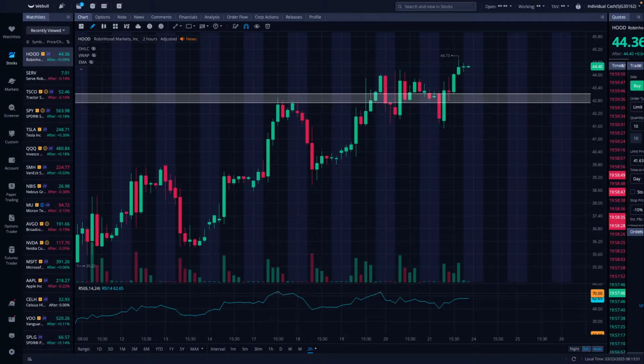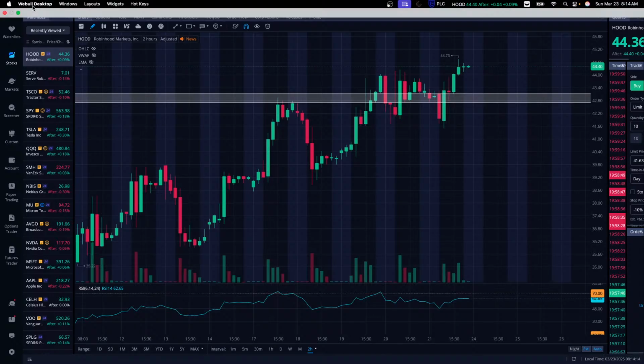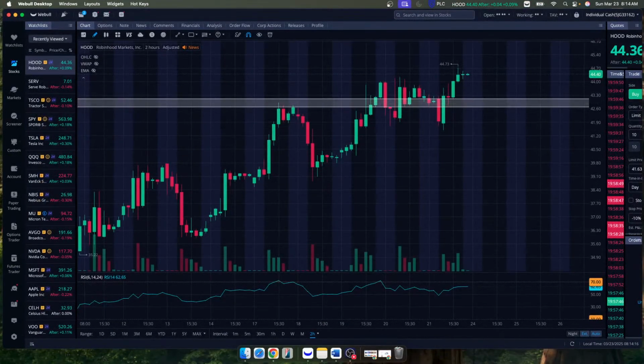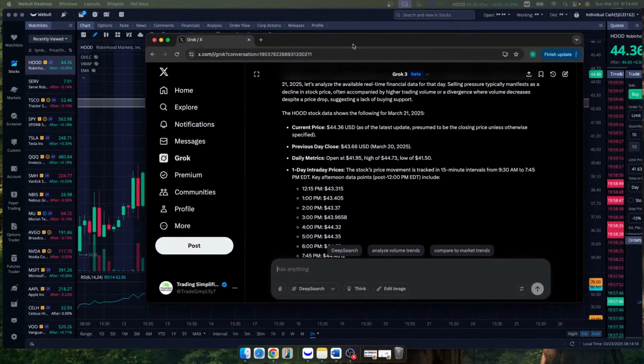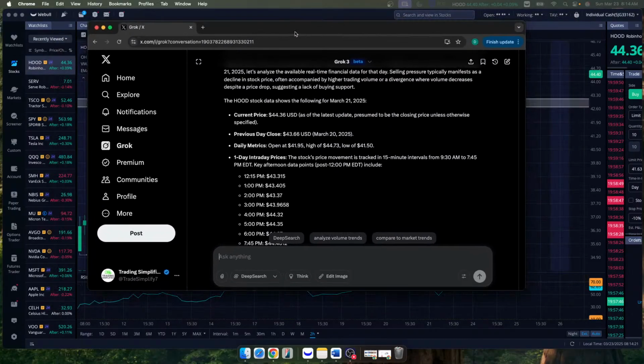I'm going to put this into Grok AI and see what we can get. See if I can find some news for you, my guy. Let's take a quick look. Was there selling pressure on that? Let's see what we can find here. Let me just do this. I forgot if I have this screen maximized. There we go. So look right here, we got Trade Simplified right here.